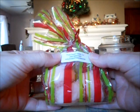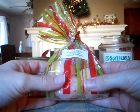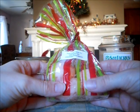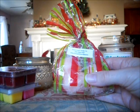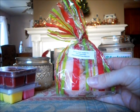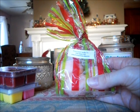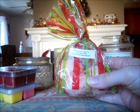For Front Porch, I melted 1 Pink Peppermint in my bedroom, and this scent I have to melt again. I don't know if it has anything to do with the fact that it was all put in the box with a bunch of bakery scents, but what I get from this scent is, now the pink and the peppermint is strong. The peppermint is strong, of course. The pink sugar is strong, but I got almost like a creamy bakery note to it, just a slight undertone of a bakery note. It was kind of weird, almost like a batter, a cake batter or something like that,